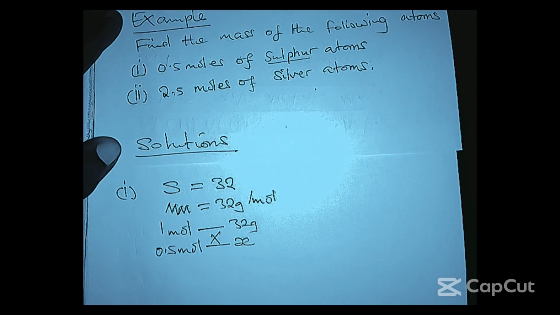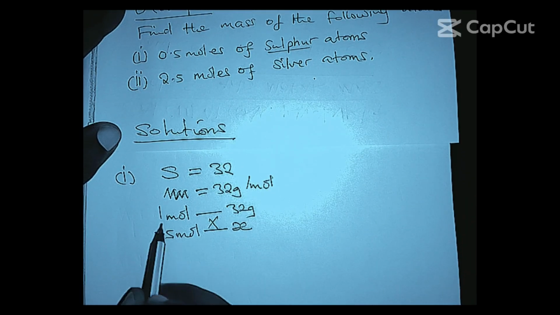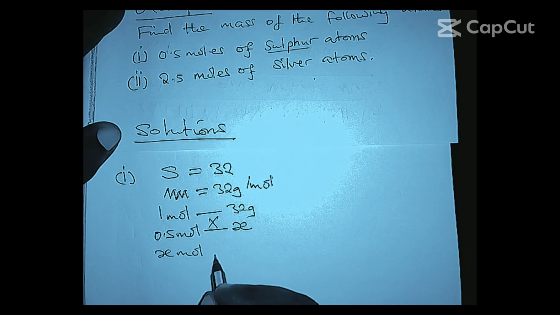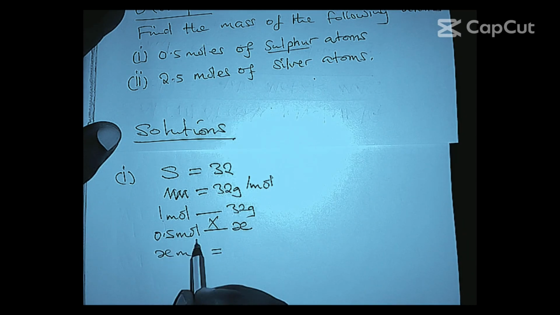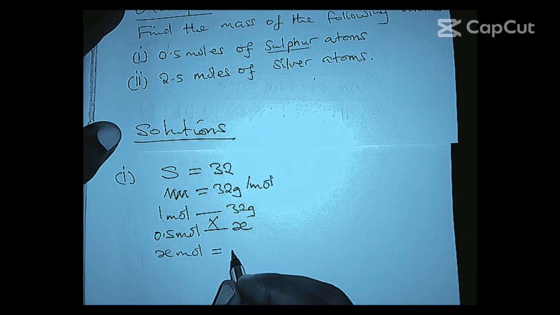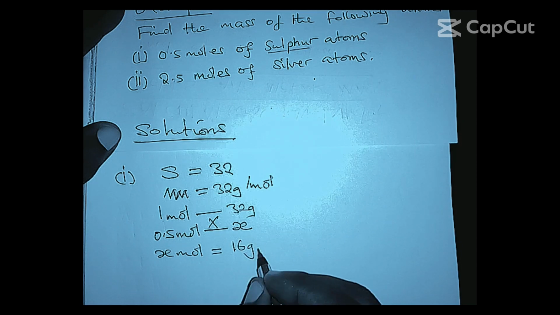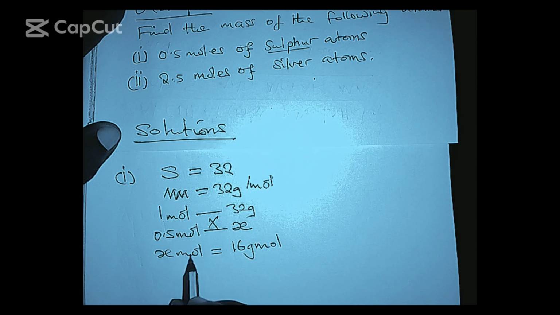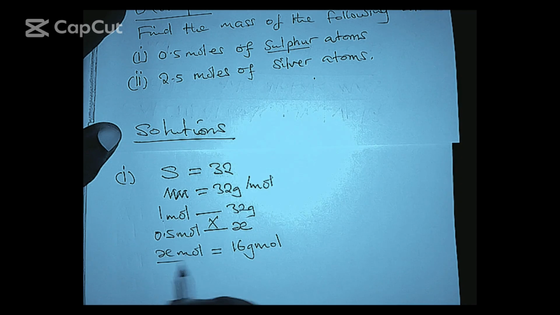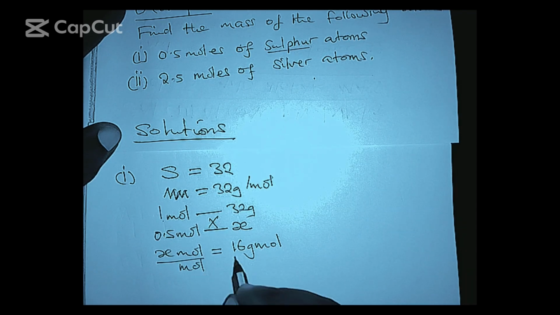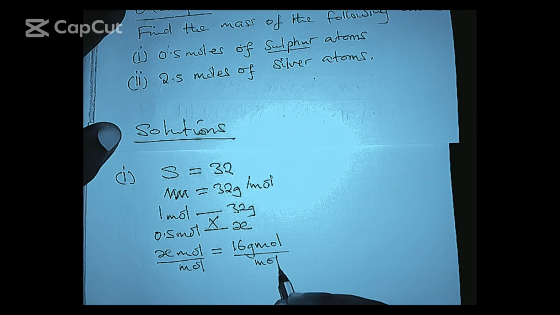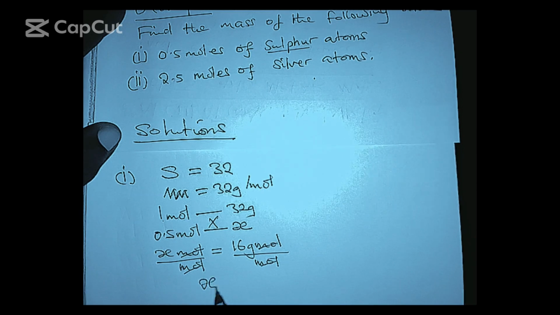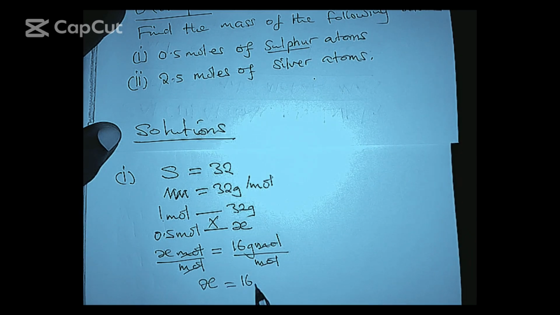So now, what we are going to do, we'll say 1 mole times X will produce X mole equals 0.5 mole times 32 grams, it will give us 16 grams times mole. Now remember, we are looking for X, not mole. So to get rid of the mole, we'll divide by mole here, even here by mole, so that this mole and that goes, and here it goes. Then we'll remain with X is equal to 16